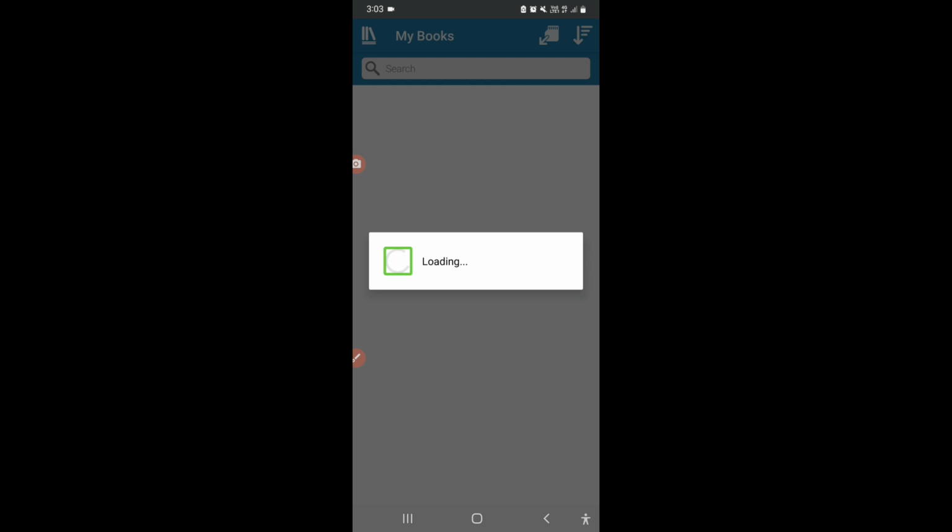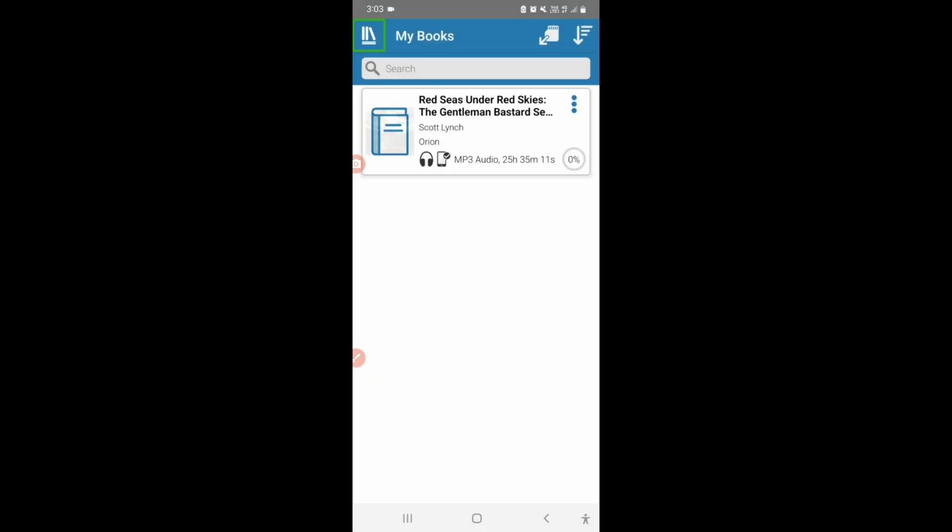Now here, My Books. Loading. What you have to do is basically just go to your Easy Reader app, click on the side menu and then click on Bookshare. It will redirect you to Chrome, and then you have to log in to the Bookshare account on this app. Then it's going to ask you permission whether you want to allow this app to have access, and then you have to click yes and all that stuff.